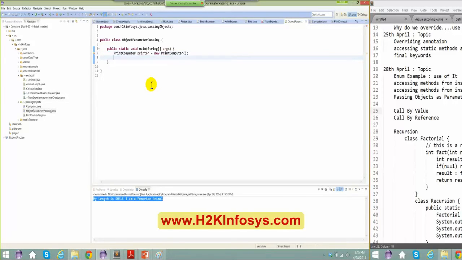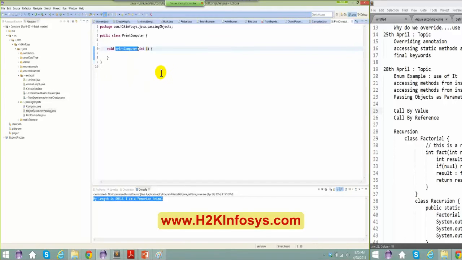Right? And if I say printer dot, it has got a lot of other methods. We'll still have a discussion. I just invoke this and pass 10 here. The moment I pass 10 here, it goes to print computer, and in your print computer, I'll just say system.out.println. And I just say i here. Right. So, value of this is